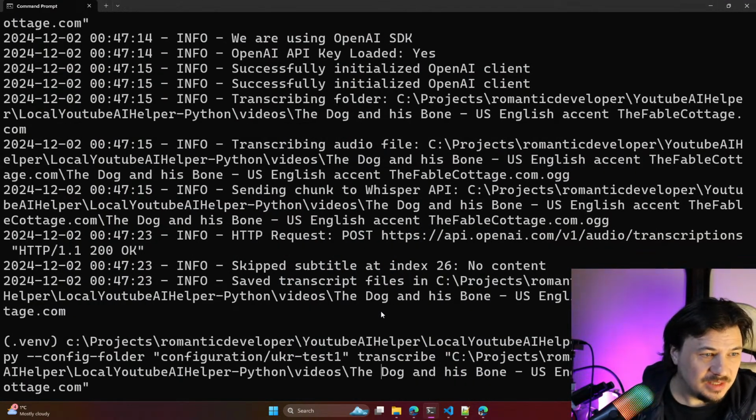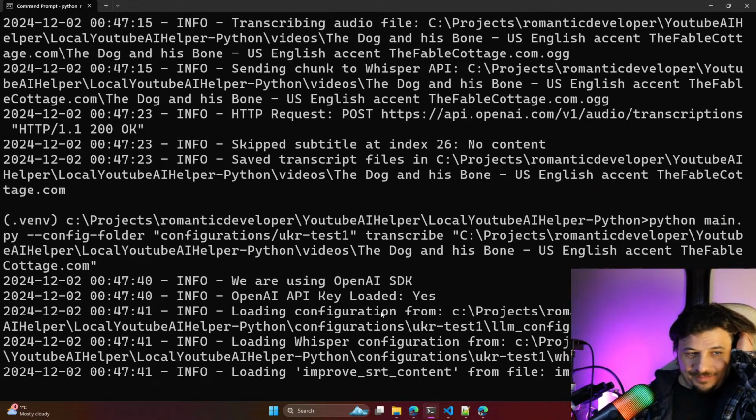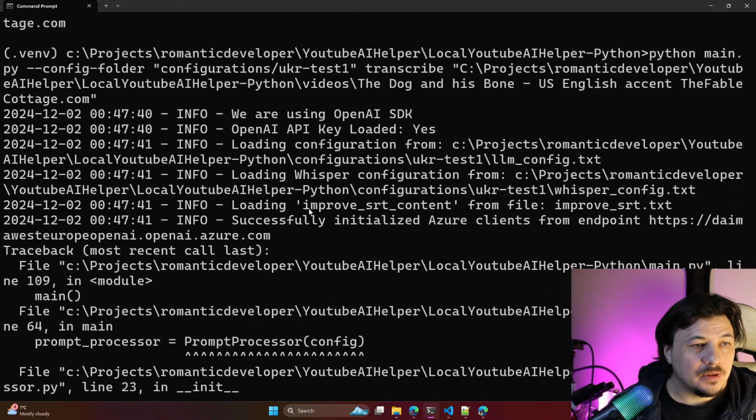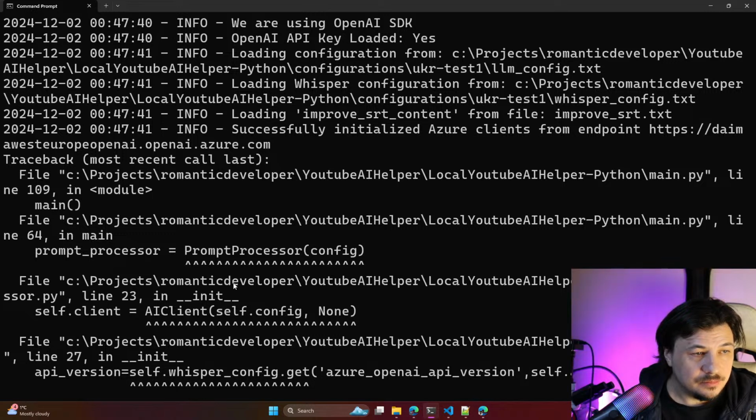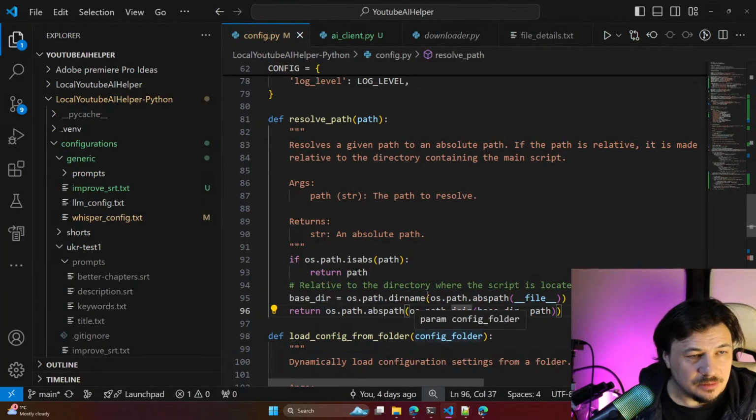We need to provide maybe some error in that case, I believe. Okay, loading config from Azure client from endpoint. Okay. Prompt processor. Okay.